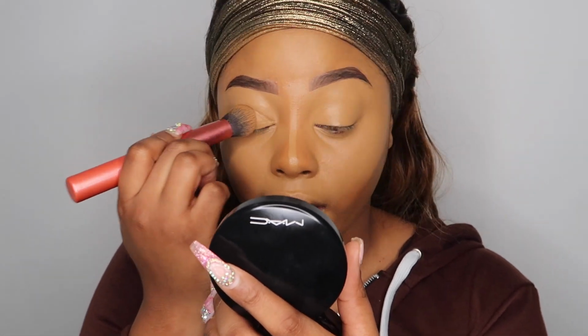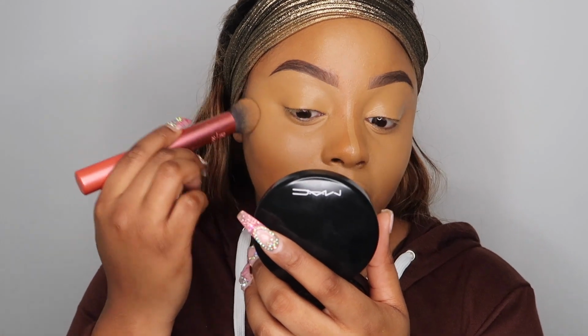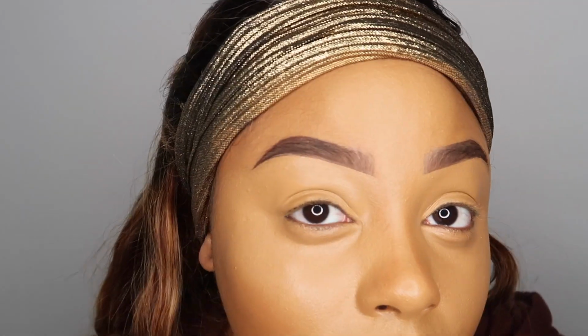It's not drying at all, which is really good, but it's not extremely dewy either. So yeah, I would definitely say it's a semi-matte. I like it. The coverage is really nice. Let me go ahead and contour, then I will be back to set with